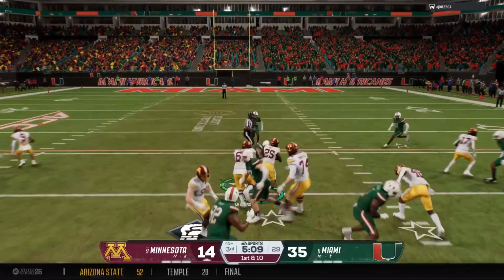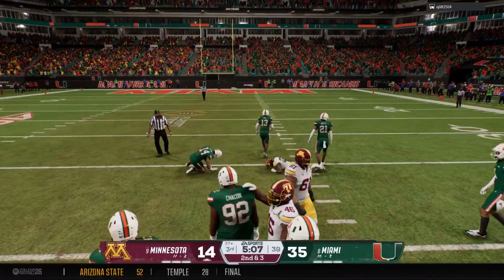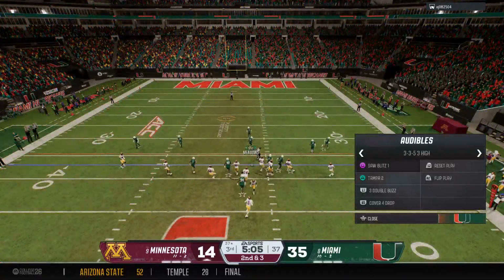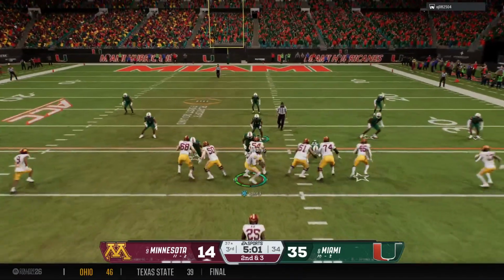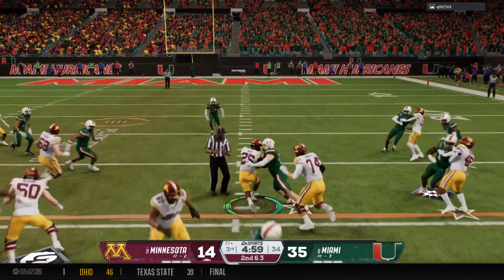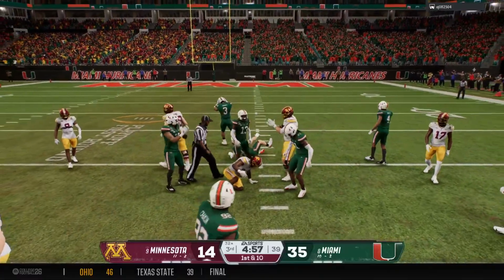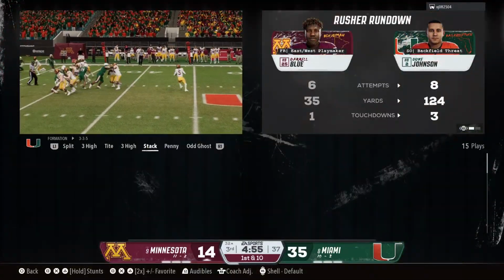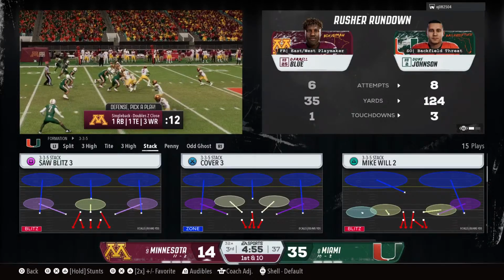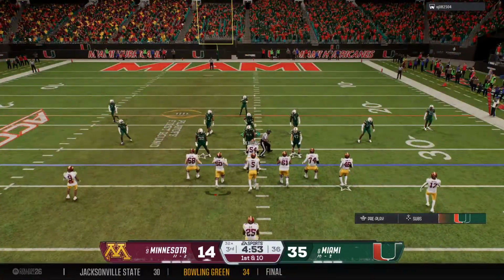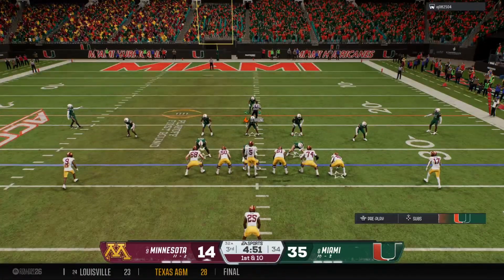He'll hand it off. The pickup is 7 yards. Now it's second and 3. Here comes the up-tempo offense. Pretty good gain here by this offense, and here they are, getting set at the line of scrimmage already. They're ready to go. Defense better get their cleats in the ground. The Golden Gophers with first and 10 here.